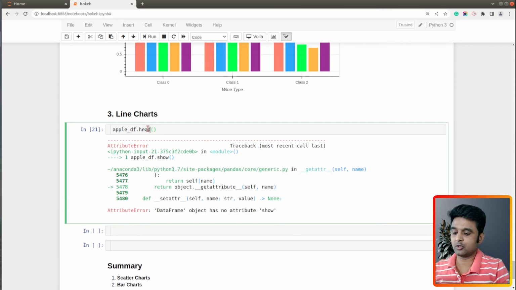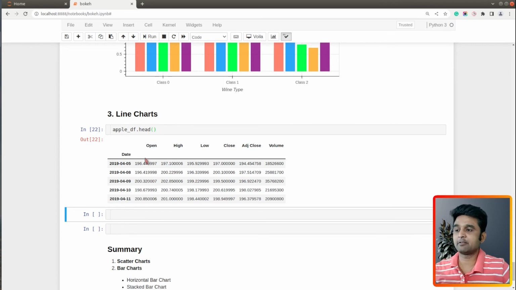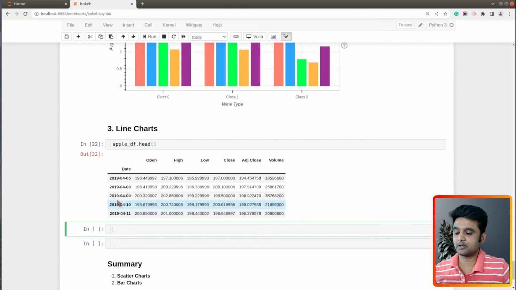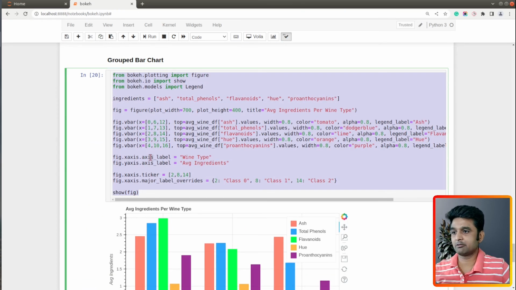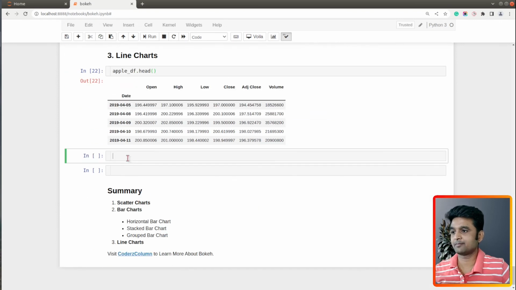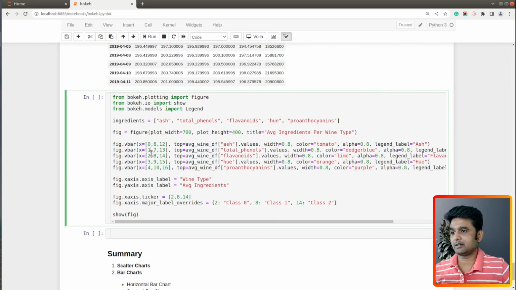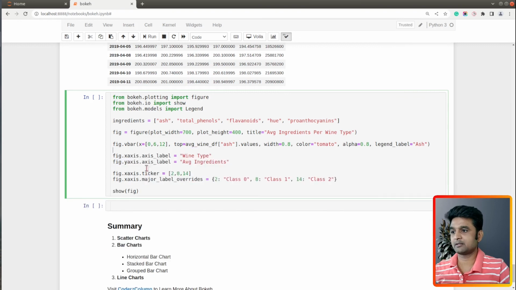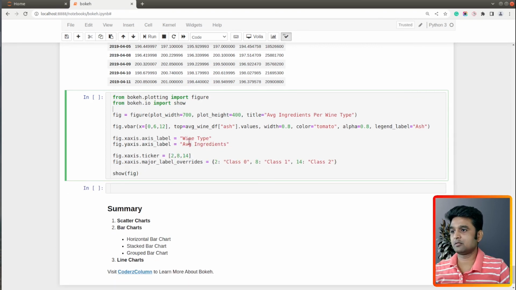So let me show you the content of our Apple DF data frame that we had loaded earlier. Sorry, I need to call head. So here we have our Apple data frame, and I'll be creating line chart from this data frame. So let me copy some of our code. We'll be reusing our code as usual, and I will remove unwanted parts. Okay, so we need to create figure object, and title will be Apple close prices